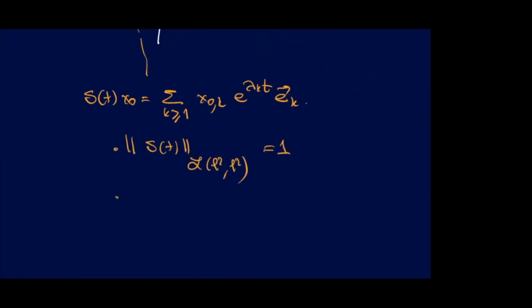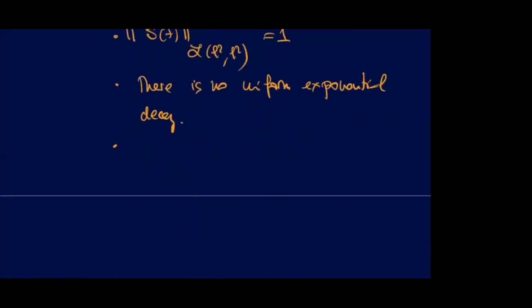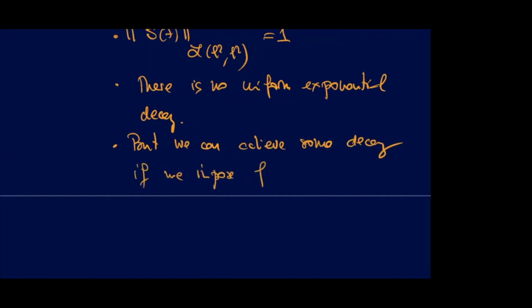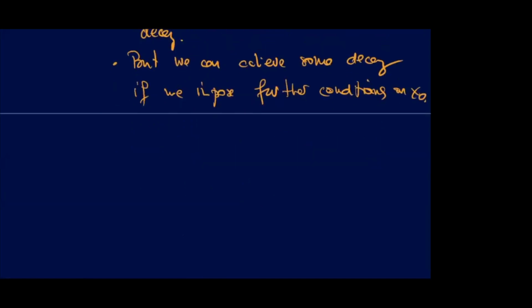This means that here there is no uniform exponential decay, but despite this, we can achieve some decay if we impose further conditions on X0. For instance, to give you an example, let us consider the case where the real part of